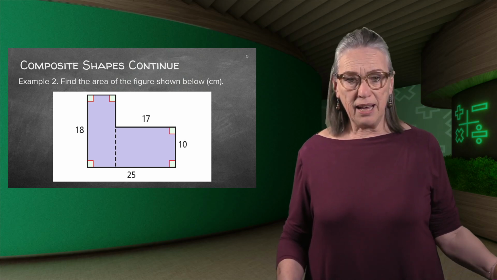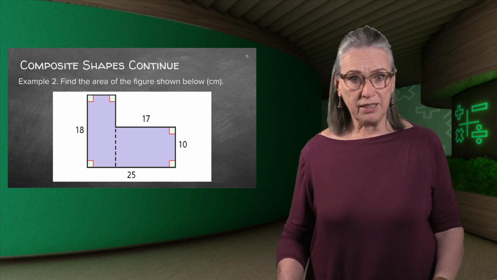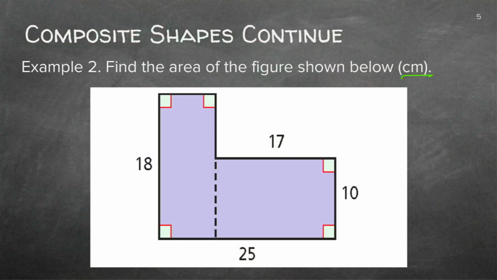Here, they've given us two rectangles and they ask us to work out the area, again in centimeters. So we know that the units they've supplied us with will be in centimeters. Now, they've basically divided it into two areas already. So the one is easy. We can see a 17 times 10. But now this one, do we know the breadth of this rectangle? Yes, because we know that the total length is 25 minus 17. So we know that this would be 8.